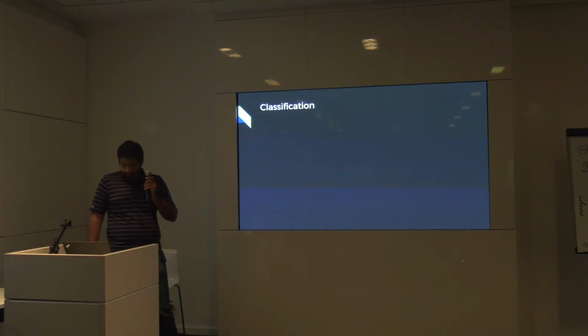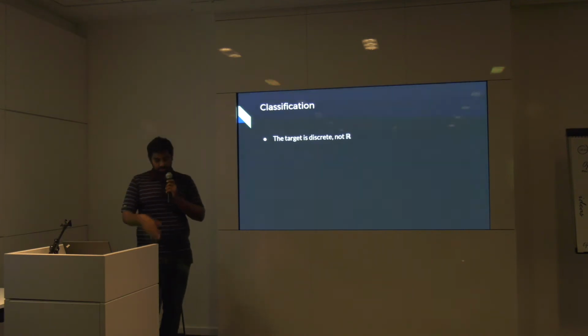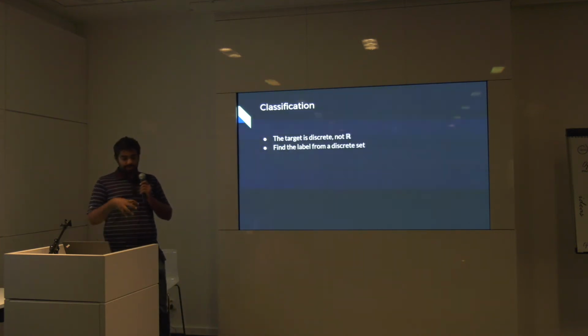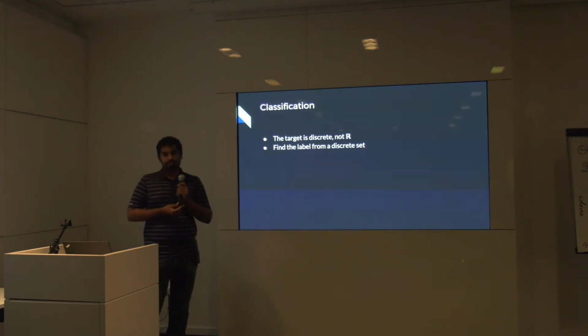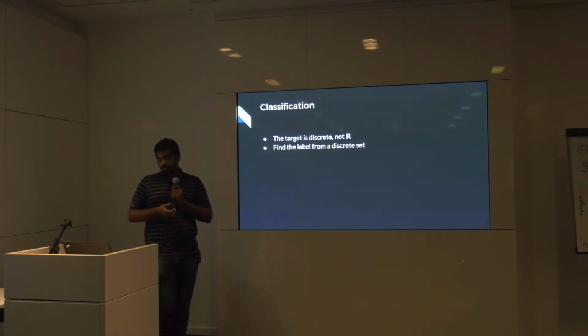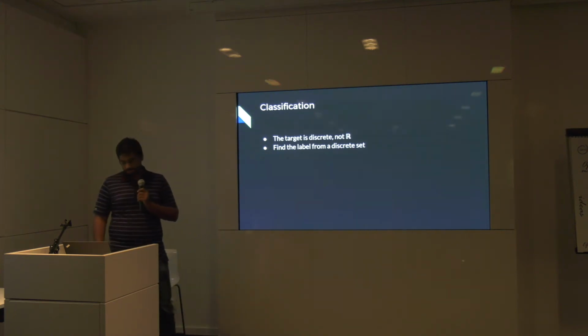Okay. So the next is classification. In this case, it's still supervised learning, and the target right now is discrete. That means you want to find a label from a discrete set of labels. For example, male, female, the 48 other things, or things like cat, not cat. That's classification. Another common example is spam versus not spam.